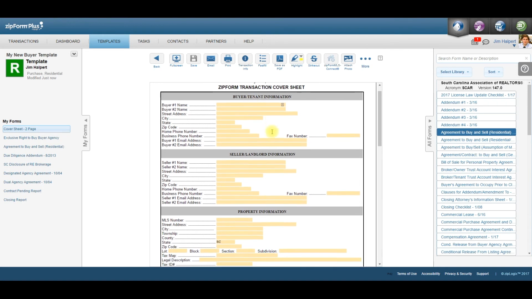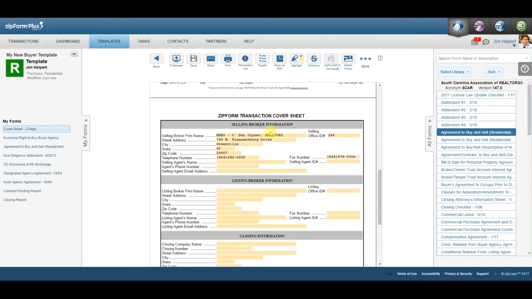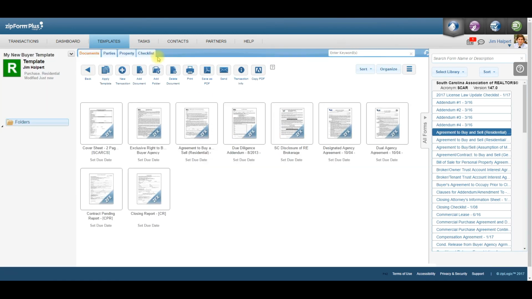And of course, I can't fill out the buyer, the seller, or the property information because it's always going to change. But the selling broker, that's always going to be me because this is the transaction template I will only use for purchase side. So I would go ahead and fill in my name, my phone numbers, my email, and so forth. And then I would save that information, and I would jump back to, on the buyer side,